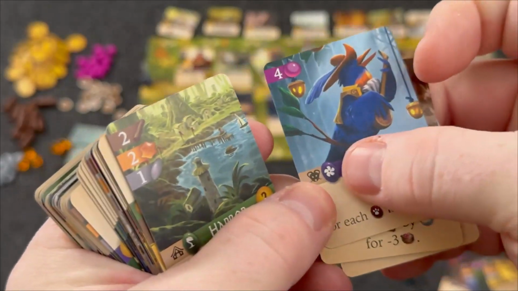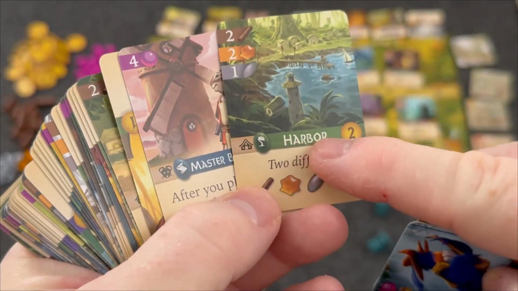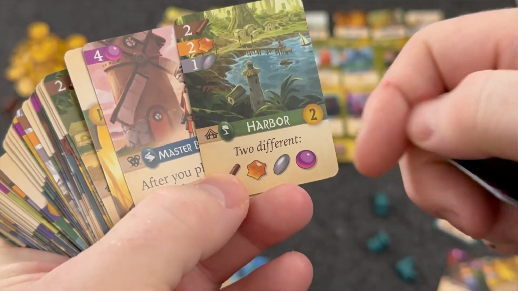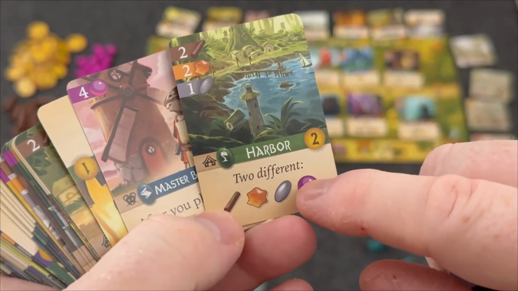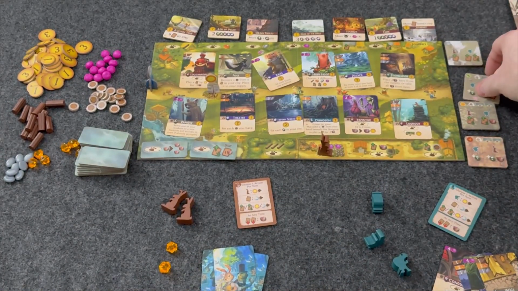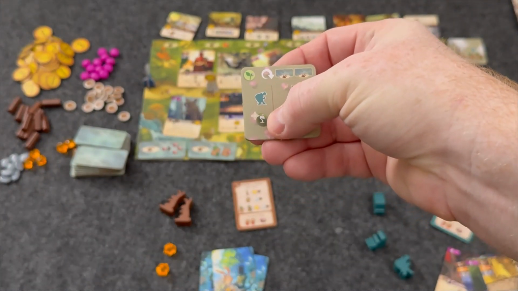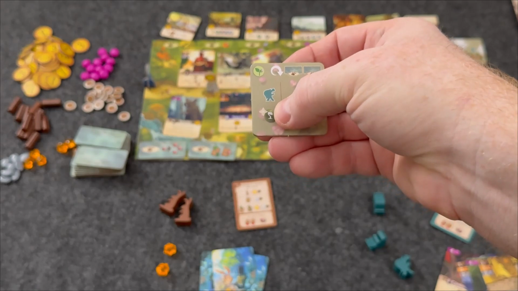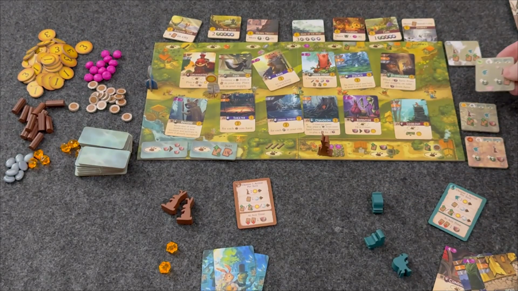This one here, these purple ones, are going to be end game scoring. And this one here is going to be for production. So you'll get this when you immediately place it down, and at different points in the game and seasons, you're going to see these little icons here. And all star means everything, so you'll be able to produce all of those cards you have with that. Or here, you'll be able to produce all your cards with that,